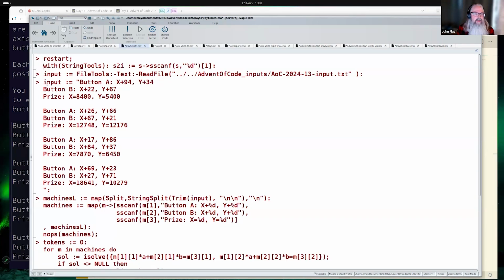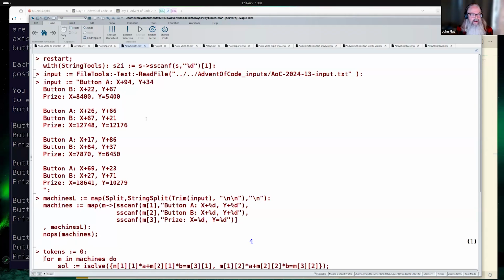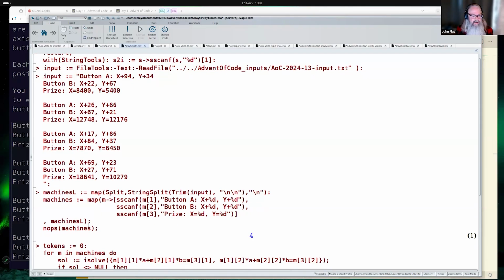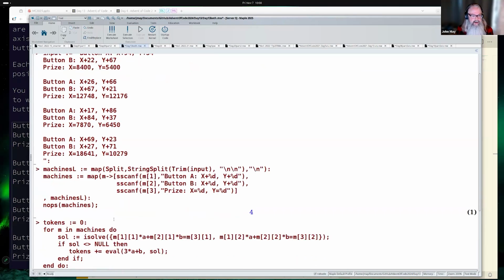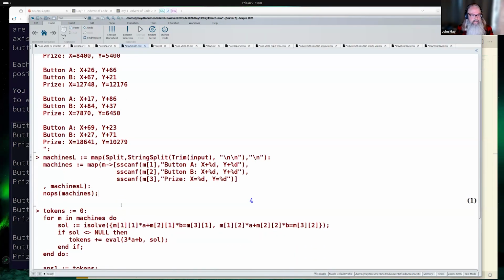A great trick is that we have all these C style parsing things, so you can actually use scanf. Occasionally you get very structured text like this, and scanf ends up being your friend. So here we have our 4 machines, and you can see that every machine